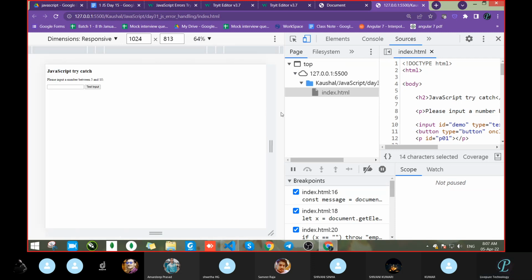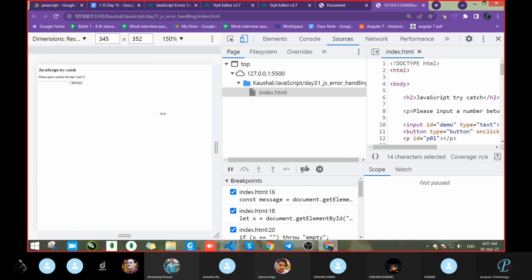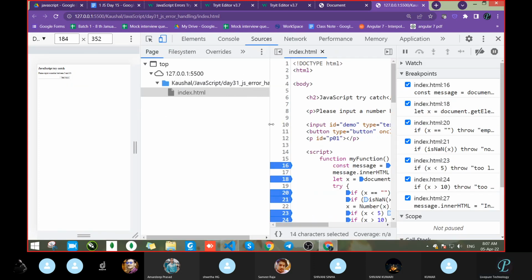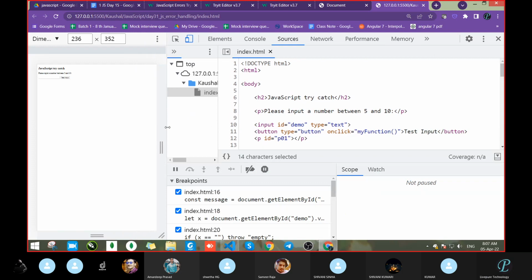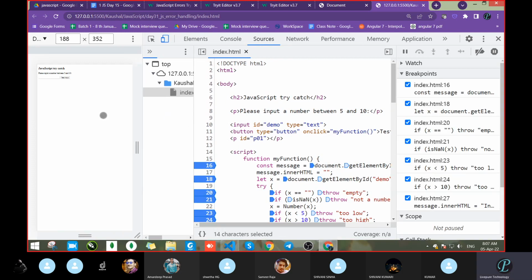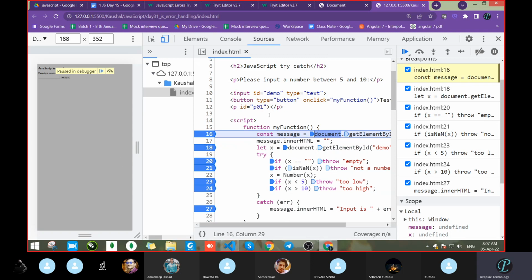Laptop. Yeah. Pass 150. Okay, fine. So now I will pass the value. I will not pass a value. I will just click the input button directly. Click that. Now see what is happening.